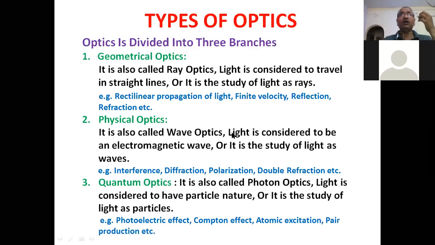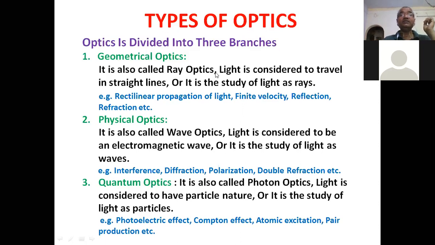So a single photon is called an energy packet, or a particle. Quantum optics is based on the particle nature of light, and that particle of light is called the photon, and therefore it is also called photon optics. It is the study of light as particles. In quantum optics, light is considered as a particle or a photon, and when we consider light as a particle, it will have energy and momentum. When momentum is considered, it has a particle nature.